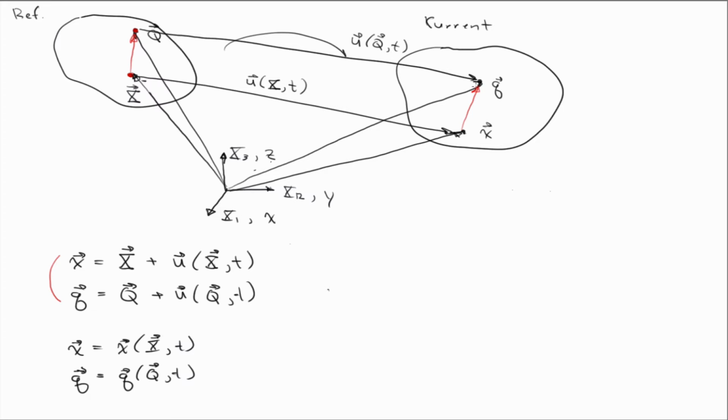And so now let's write down what this vector is over here. So Q minus x is U of Q minus U of x plus x minus Q. Okay? Well, didn't really mean to do that in red. There's nothing special about that equation. But